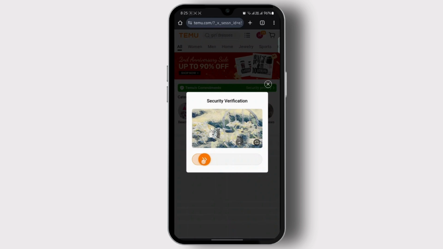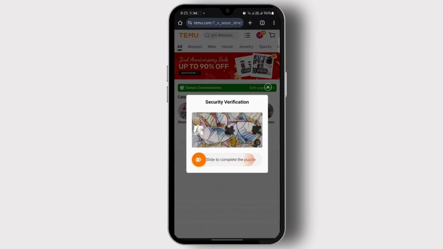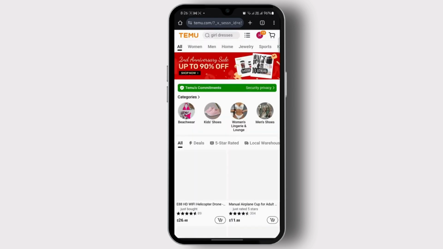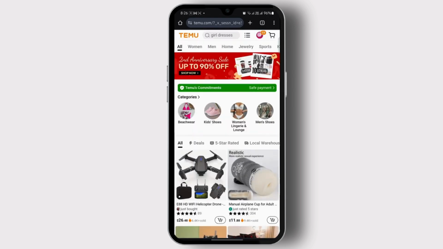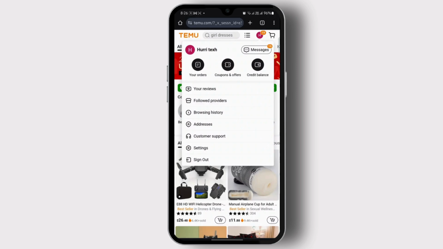Again, you will have to complete a verification puzzle. Once the verification is successful, as you can see, if I tap right here, I have logged into my profile. And that's how you can easily log